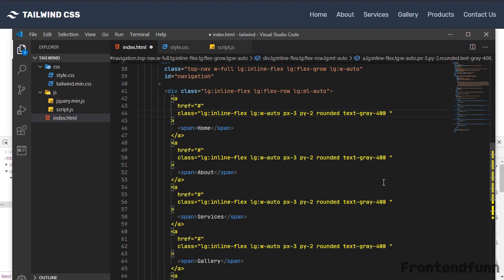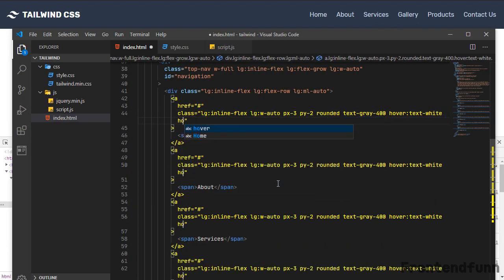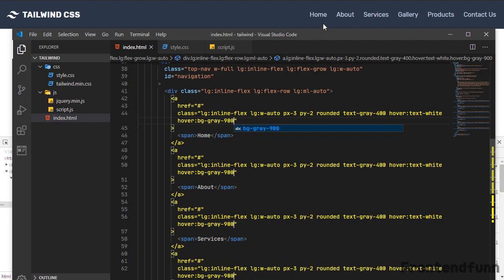Okay. hover:text-white, which makes the text white when I hover on this link here. Okay. Next, similarly, I'll change the background color, hover:bg-gray-900.